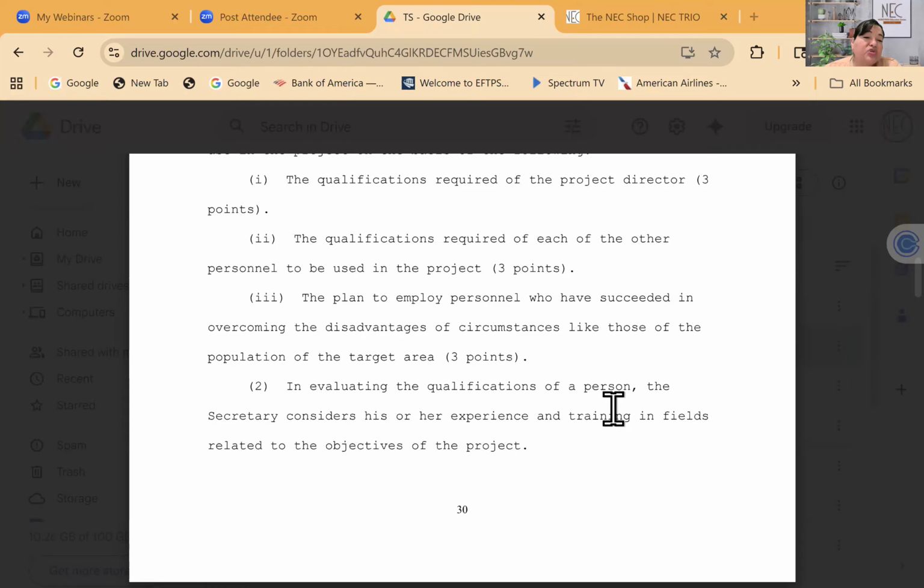So whether you're with Talent Search or EOC, this should be a conversation that we can have with both groups together. When it comes to the needs section, we kind of have to break up, in a way. Plan of operation, we break up. Objectives, we kind of have to keep it separate. But we talk about quality of personnel and also the applicant and community support section, we can get together. And at times, sometimes even the evaluation plan, we can get together, and the budget. So this is one of the times we could do something together, right?